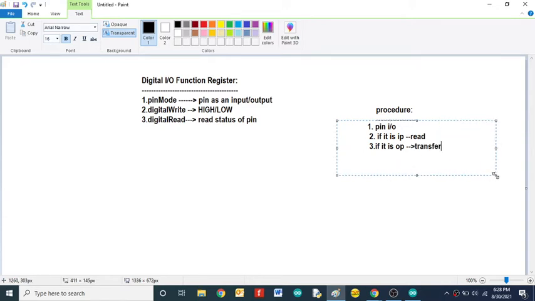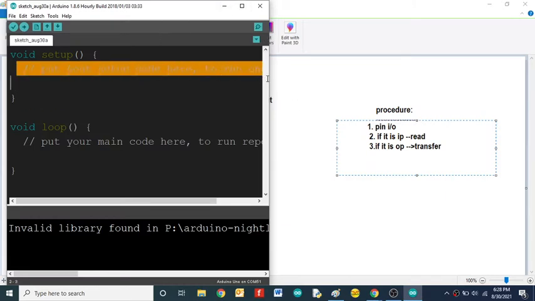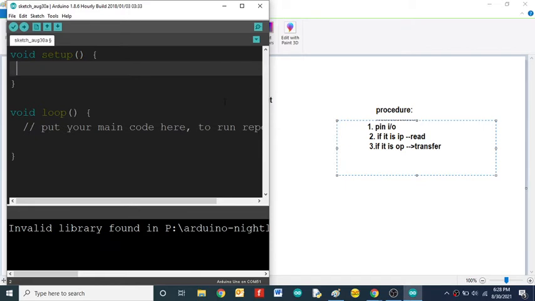So we already know these things. Okay. Now, what is the first step in the programming to blink an LED, right? So I want to blink an LED. For a certain amount of time I will turn on the LED. After that, I will turn off the LED. This is the process. It will keep on continuing, right? So what is the first step? In the previous class we already discussed, right?